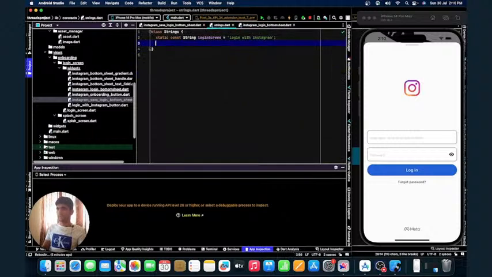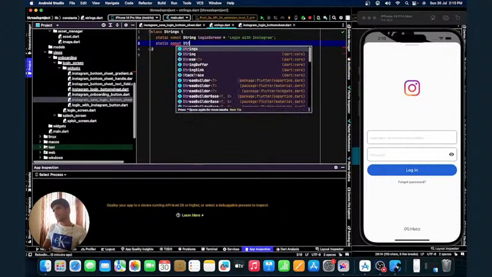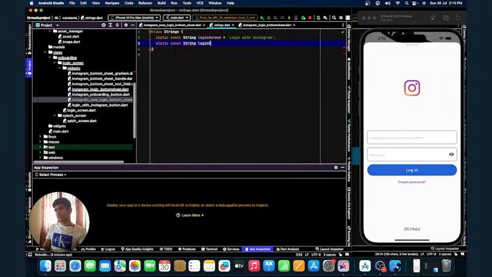I will add here static const String login screen Instagram button, login screen email in text,